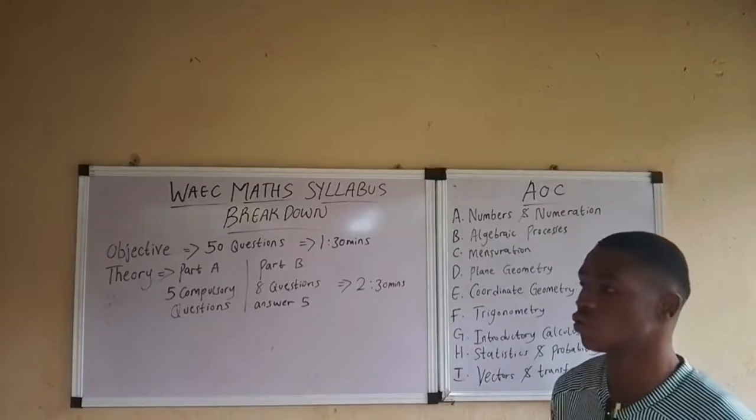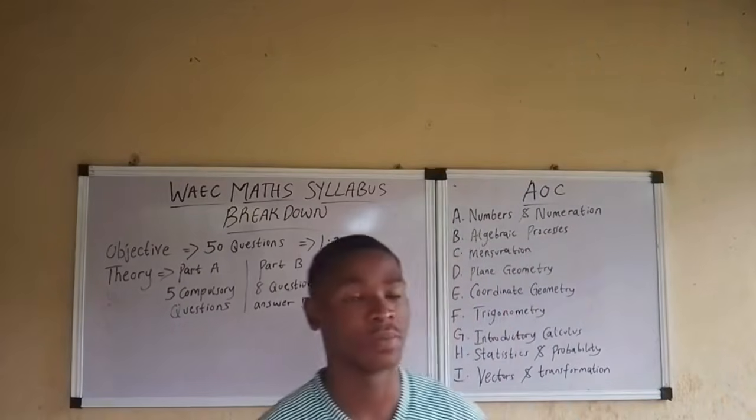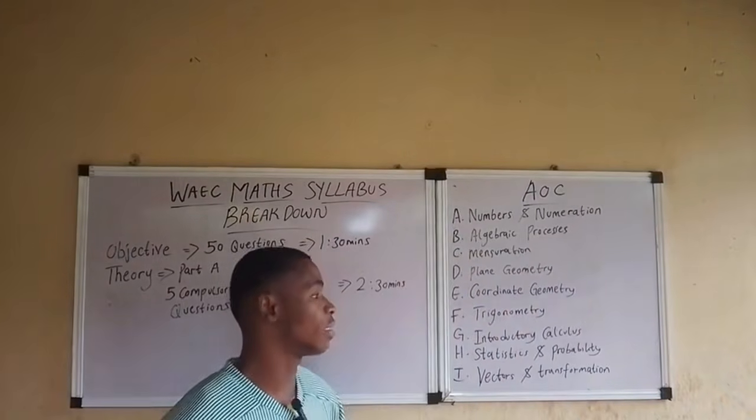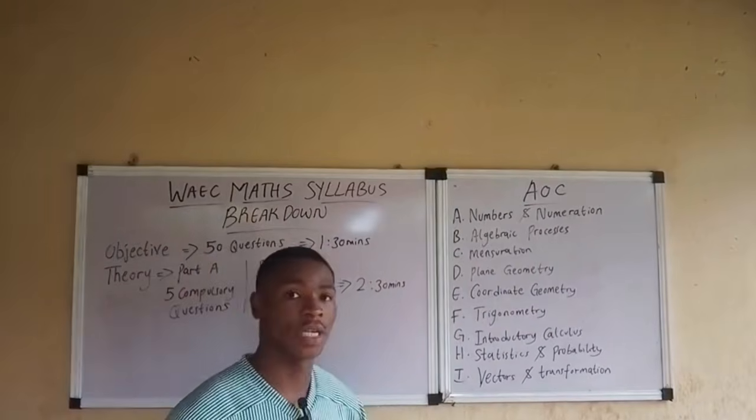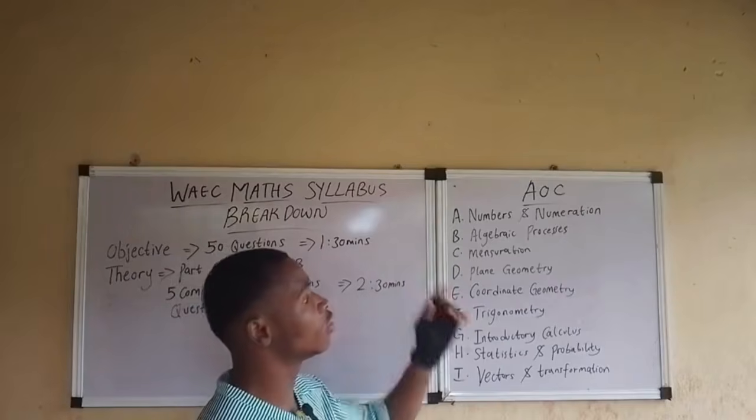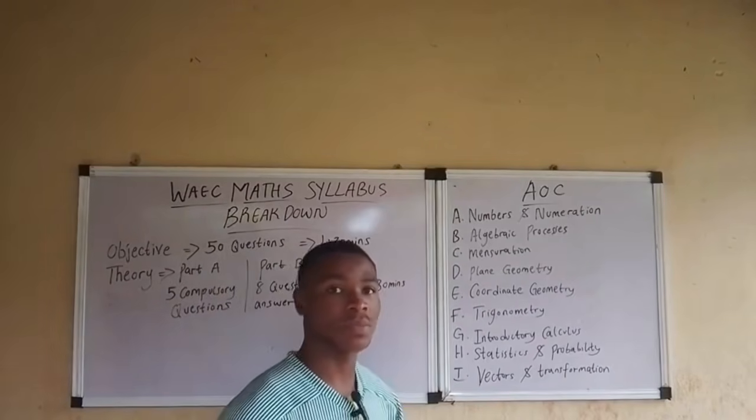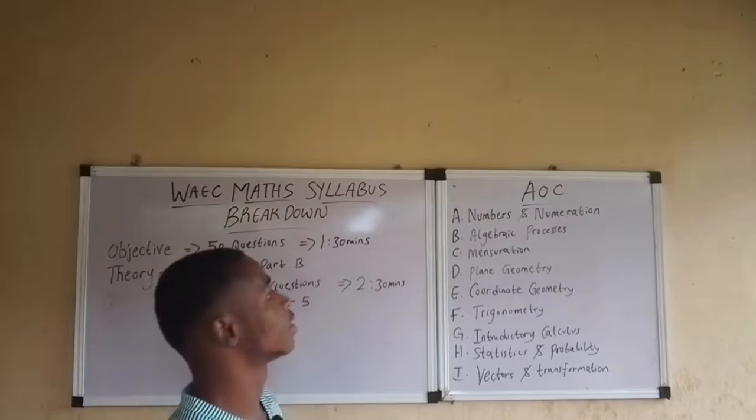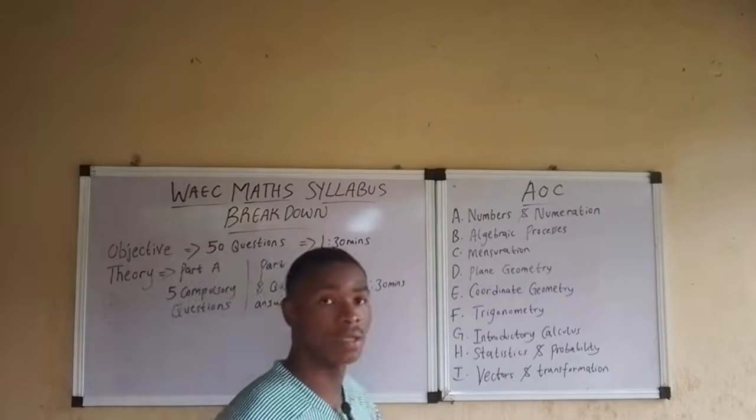Now, having understood the structure, what topics should you expect in the WAEC maths exam? The WAEC maths exam is divided into 9 sections, and here we'll be looking at these sections together. So you should expect questions, number 1, from numbers and numeration, talking about topics like your number base, and the likes. Now, secondly, you should expect questions in algebraic processes,